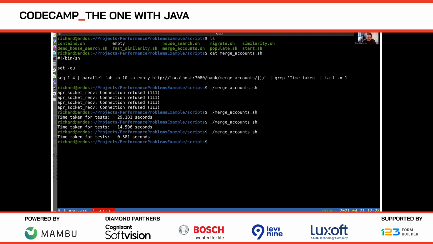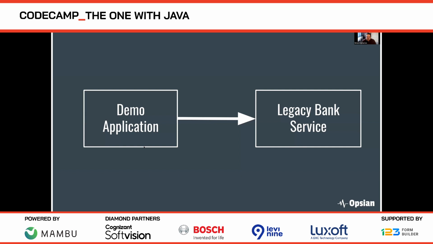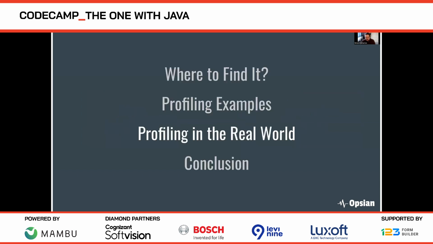So we were really being bottlenecked within this system, firstly by a lock within our demo application, and we used wall clock profiling to find that lock and then fix it. And then we saw from the wall clock profiling data again that we were waiting on talking to an external service, and then we fixed the external service that was slowing us down. Cool. So that's an example of how you can use wall clock profiling to find non-CPU bottlenecked performance problems.